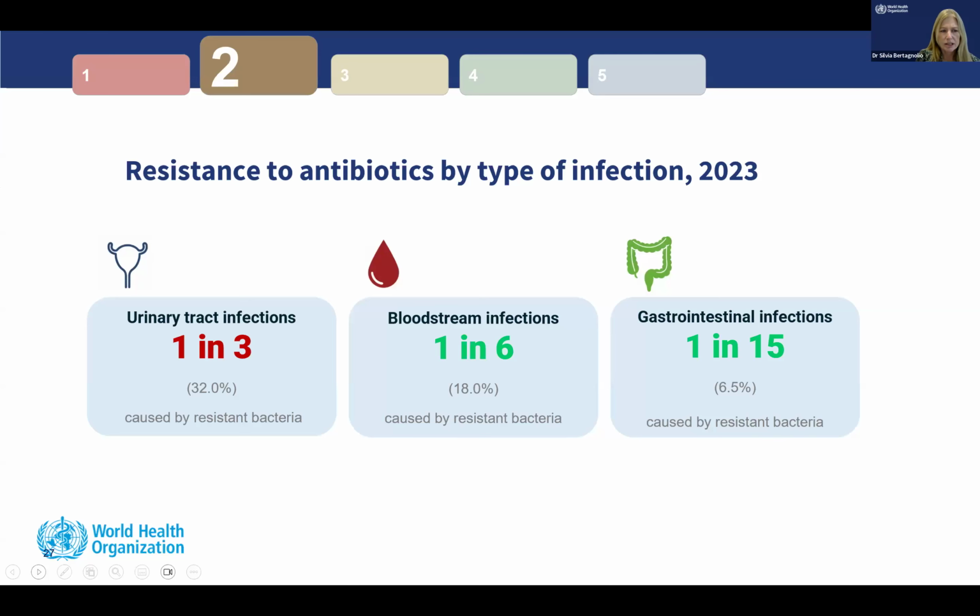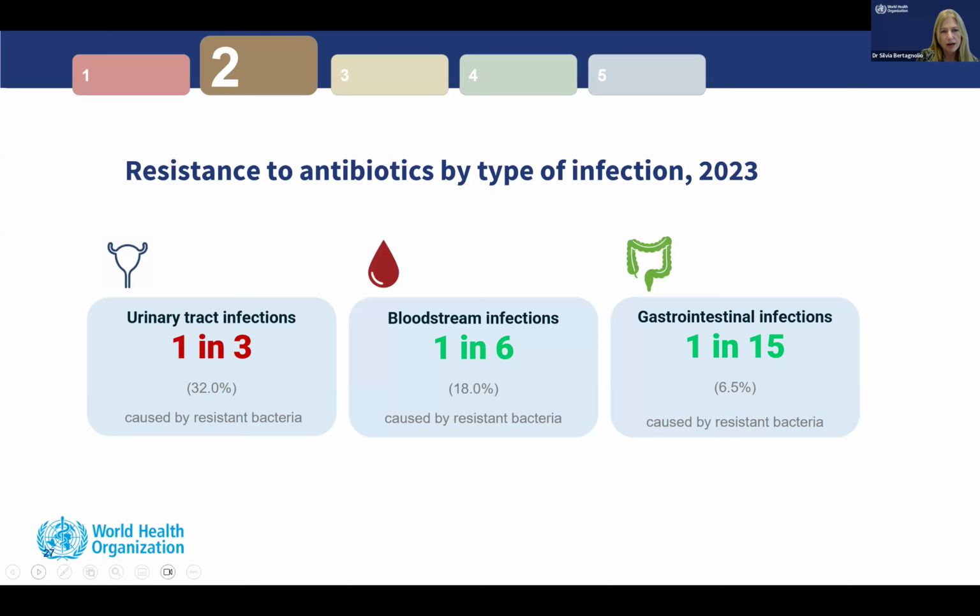Now, the median resistance was most common in urinary tract infections, approximately 1 out of 3 urinary tract infections, as well as in bloodstream infections. 1 in 6 bloodstream infections, or infections in the blood, were caused by resistant pathogens, and less so in gastrointestinal infections,